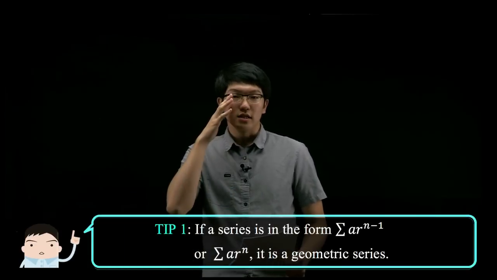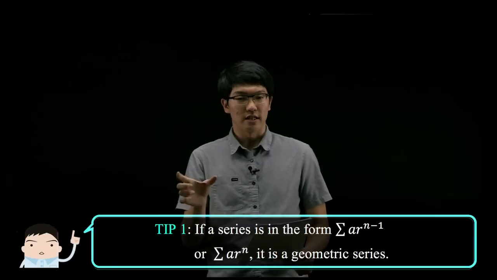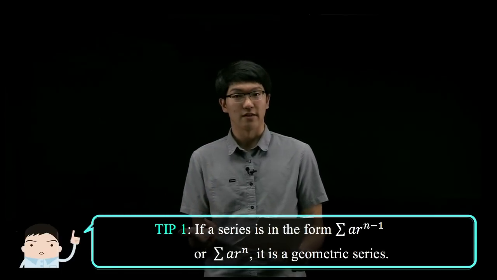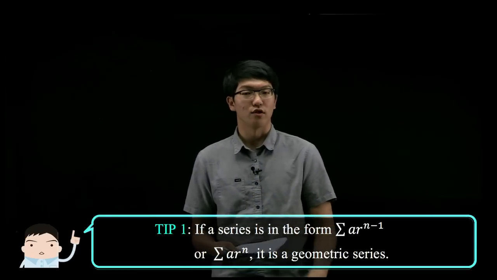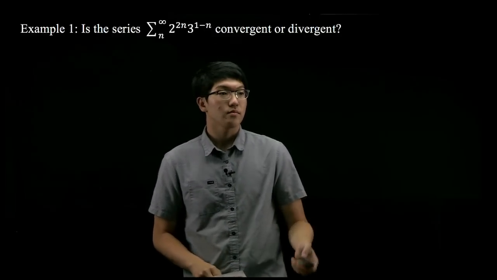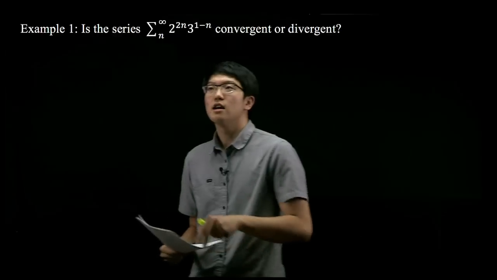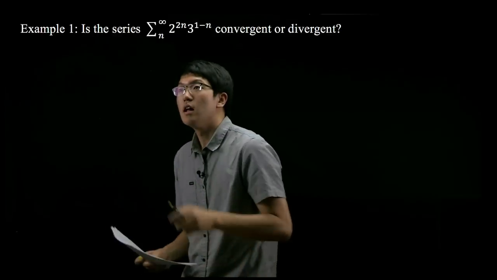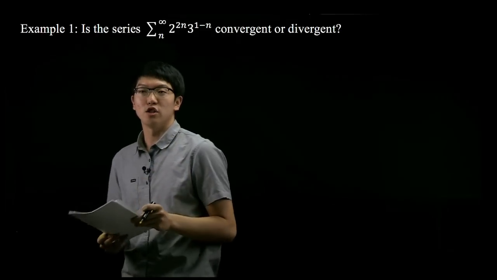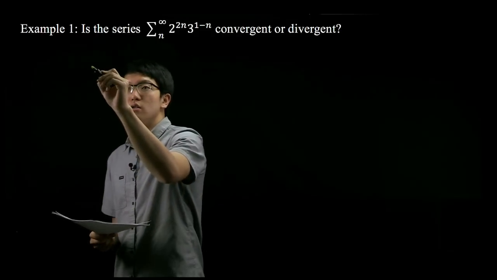Okay, so let's learn more about geometric series within calculus concept. So here is tip number 1. If you see a series and it's in the form of geometric series, then you need to recognize that it's a geometric series with a common ratio so that you can just look at the r and determine if it's convergence or divergence. Let's start with example 1. So we have a complicated looking series here, but we have to use algebraic properties to break this down. So first of all,